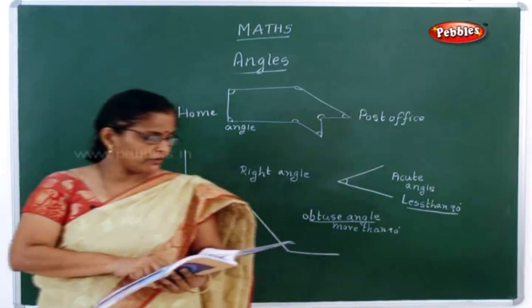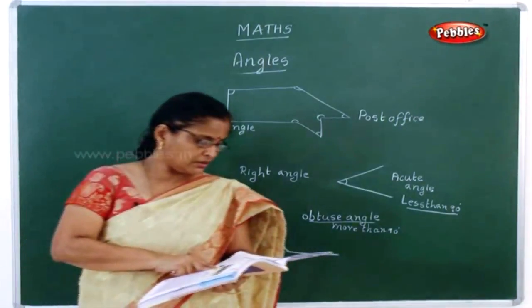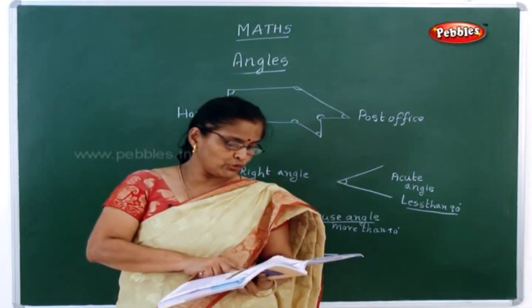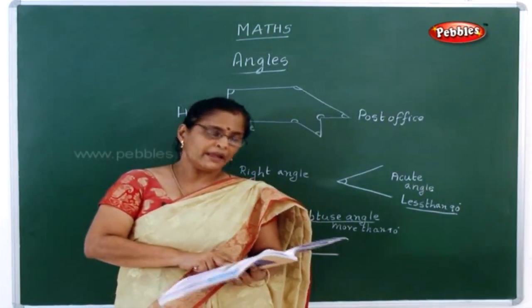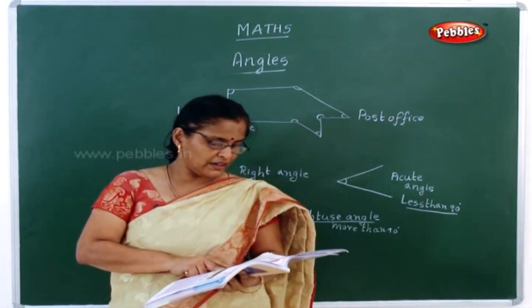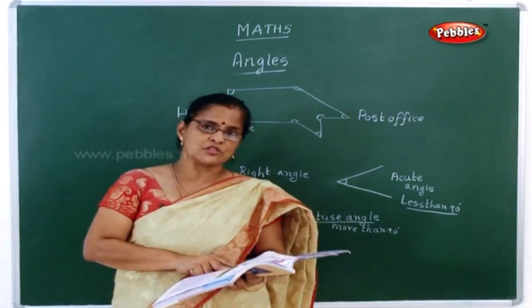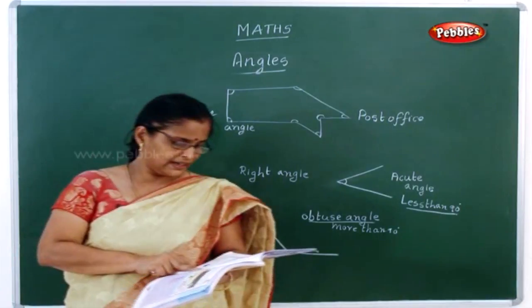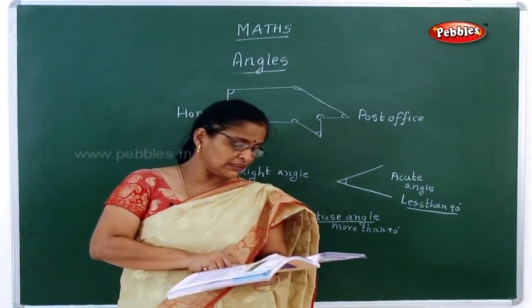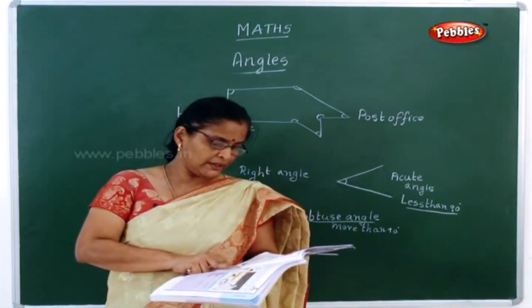See, in the activity, make your own angle tester. The first thing you have to do is keep the two strips as shown, like the English alphabet L. Can you see the angle formed between the two strips? Now what is it called? This is called a right angle. So the English alphabet L is called a right angle.